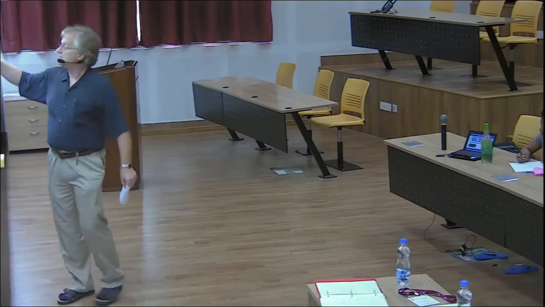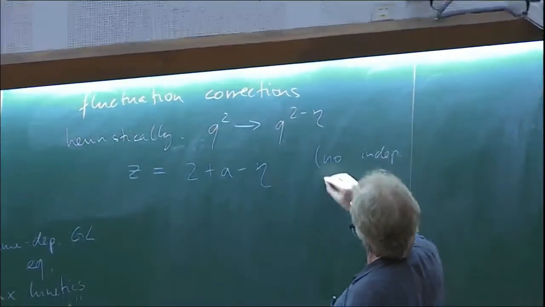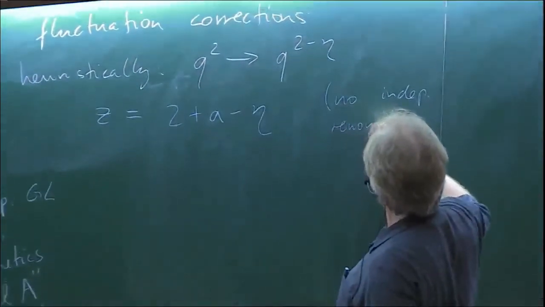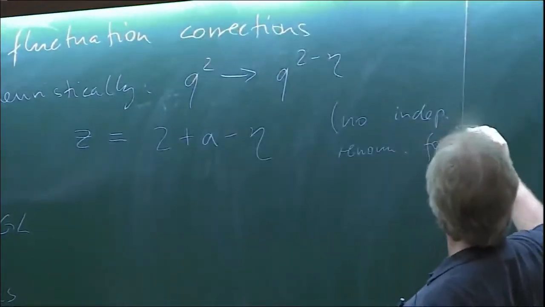That guess, if you think about what it means, assumes we've done the statics correctly. We renormalized that just fine by means of whatever tools we have. But we are assuming that there's no separate renormalization showing up for the relaxation rate. That is really what goes behind this. There are no additional long wavelength corrections coming from there. So this means no independent renormalization. This is just for the experts in here, in 4D.